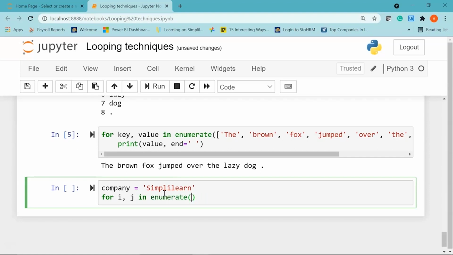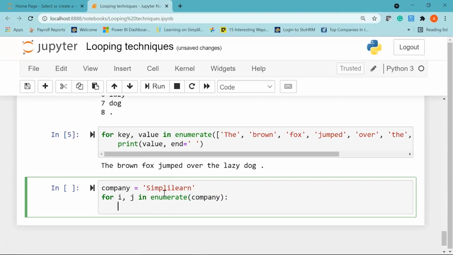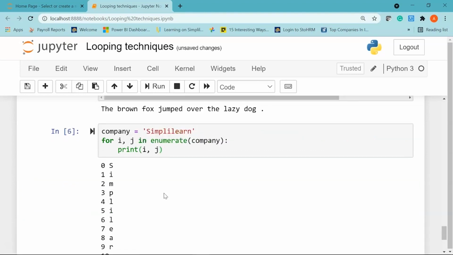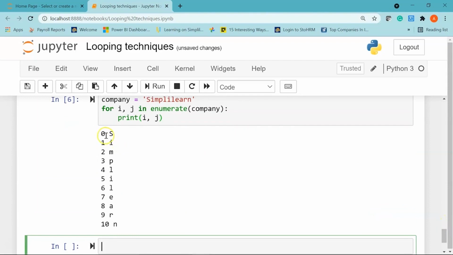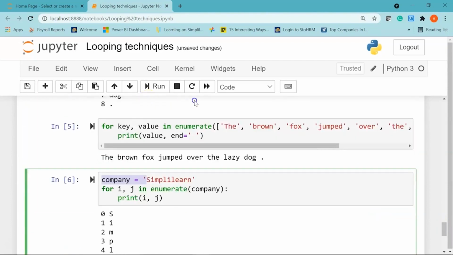Within brackets I'll say company, give a colon, then I'll say print i comma j. Let's see the result. There you go. So here we have indices assigned to the different letters in my word simply learn.